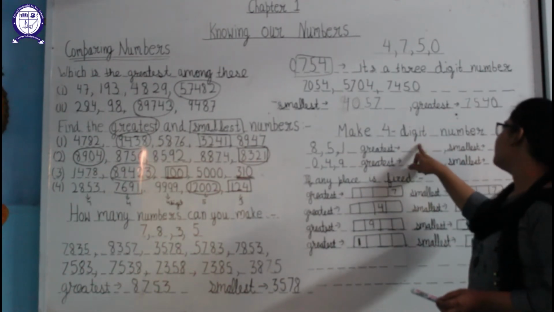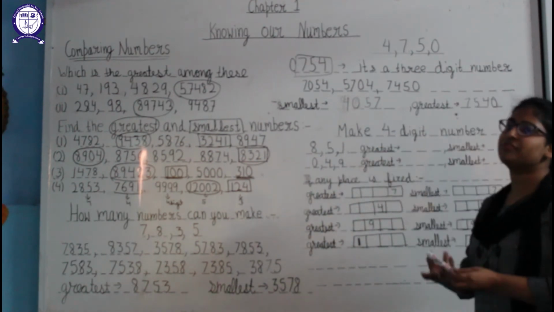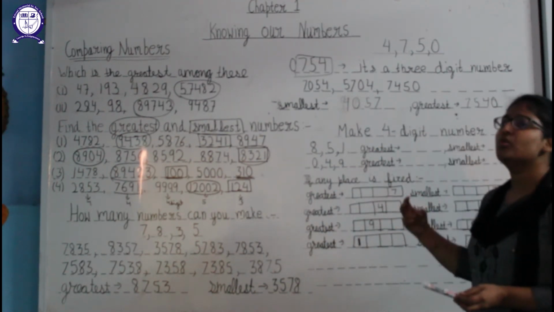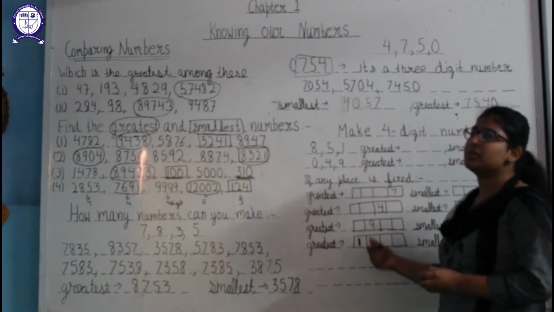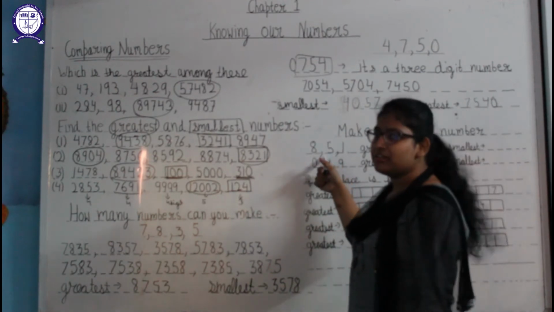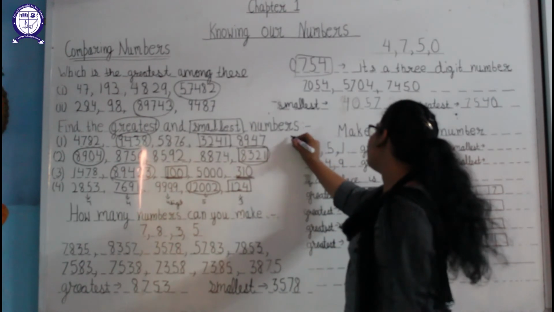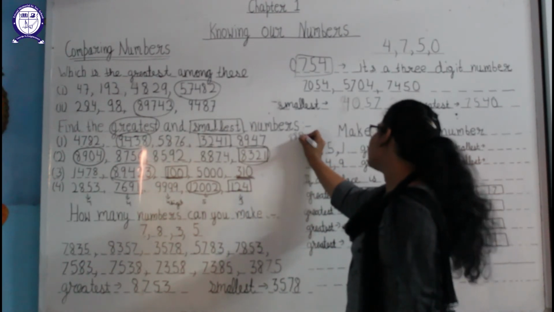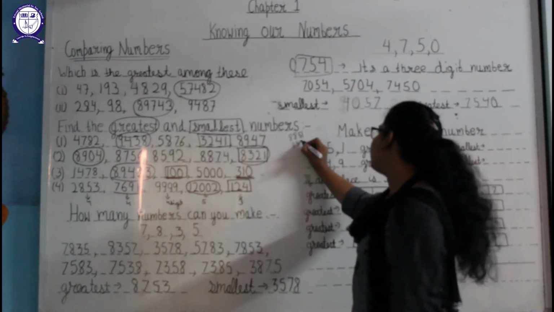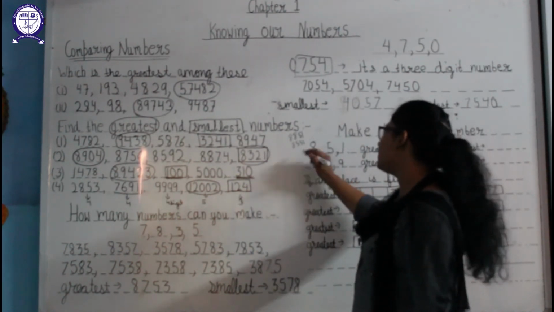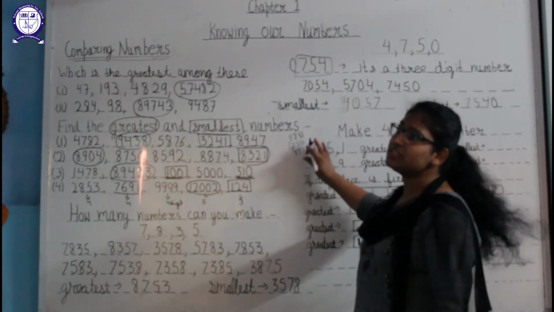But now if we have to make a 4-digit number from the given 3 digits, then what will we do? We have to use any of the digits twice to make the 4-digit number. Here 8, 5, 1 is given to you. Then we can make 8, 5, 1 into a 4-digit number. Here we are using 8 twice. We can make 8, 5, 5, 1 as the 4-digit number, or we can use 8, 5, 1, 1. And also we can shuffle the places of the digits to make